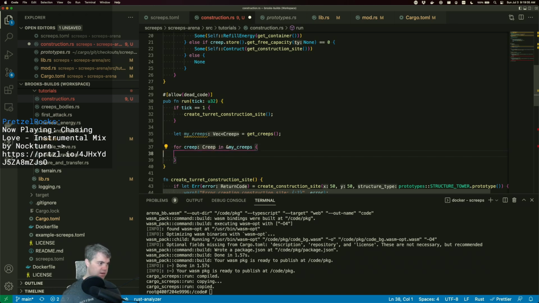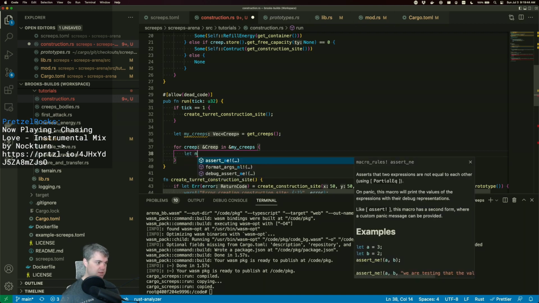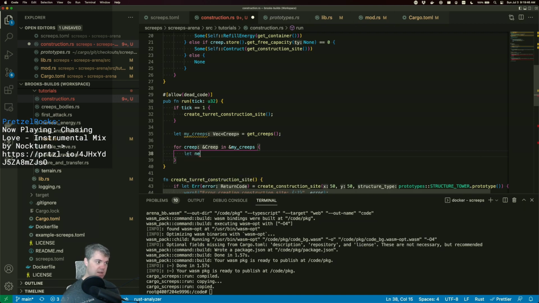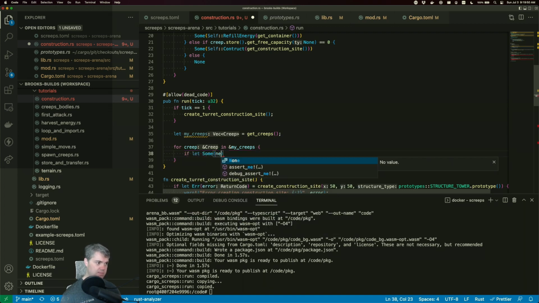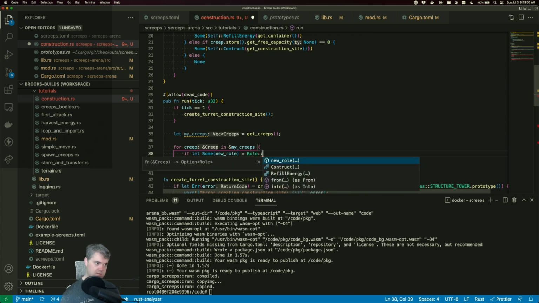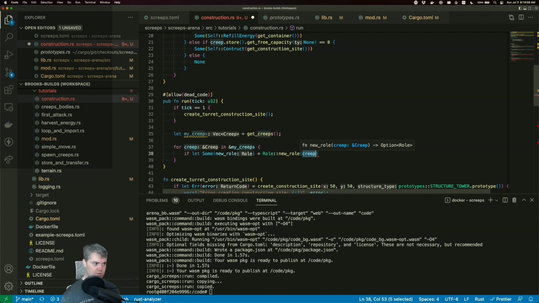do this as a reference. I don't really need ownership. I then want to grab, okay, so new role. So this should probably be an if let, right? If let Some role equals new role